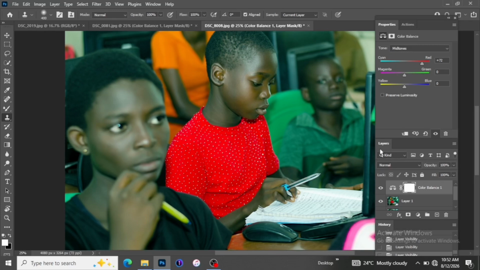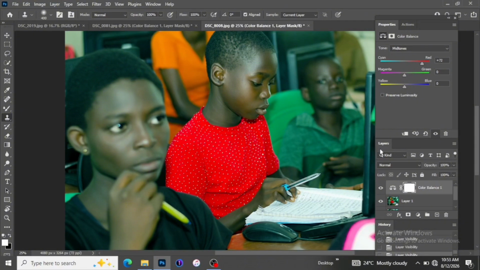Most of you want to learn how I balance my color, how I do my color grading. The truth is that I don't do much color grading. What I do is to balance my color. There's an assumption that the kind of camera you use determines the color it is going to give you. Nikon gives more of a yellowish form of color, and Canon cameras give more of a reddish form. So what I'm trying to say in essence is, if you really want to achieve that particular color,